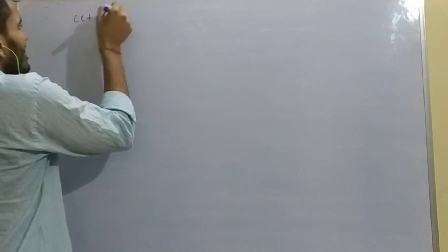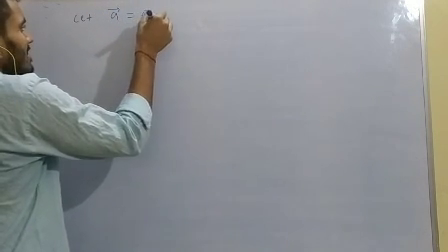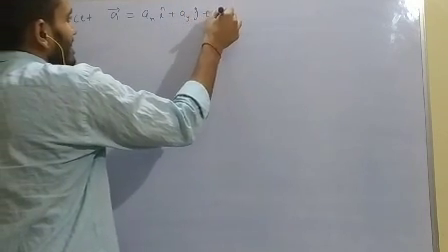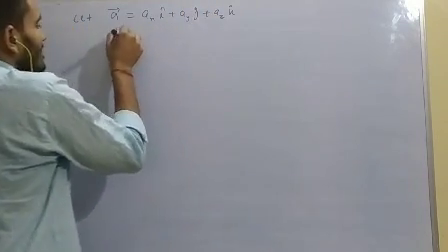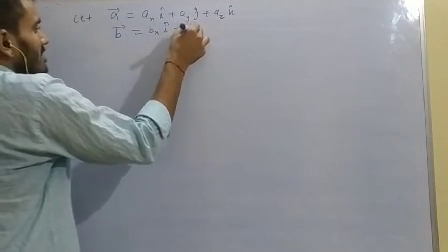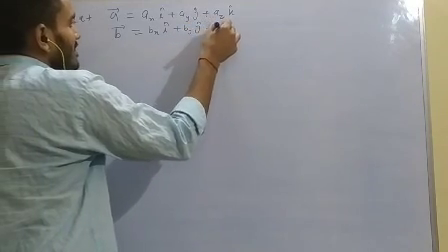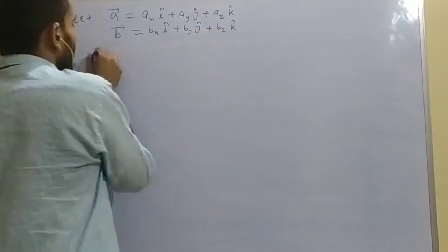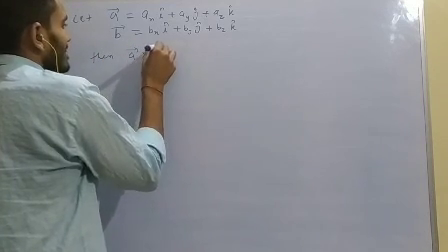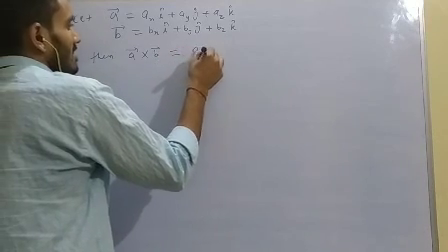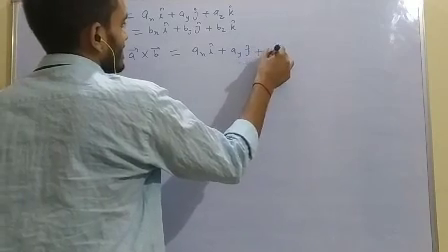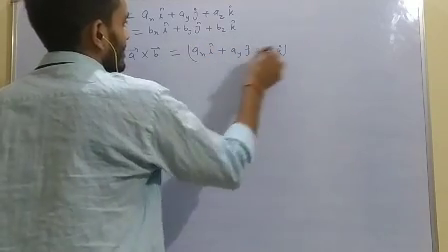Let vector A equal to ax i cap plus ay j cap plus az k cap, vector B equal to bx i cap plus by j cap plus bz k cap. Then vector A cross vector B equal to ax i cap plus ay j cap plus az k cap cross